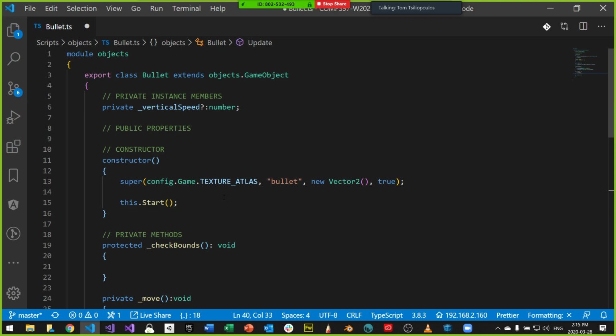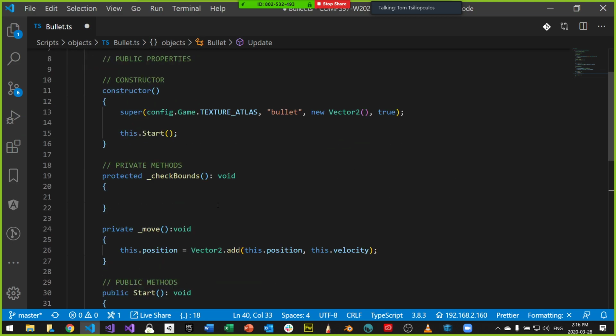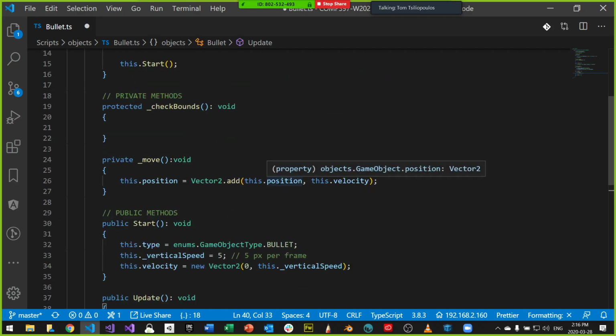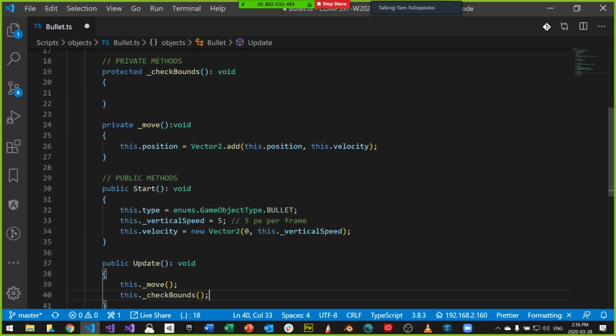Okay, so here's my texture atlas, and then there's the bullet that I want to go to. I want to start a new vector 0, 0, and it's true. That means it's centered. And then I add to my position. I take my position and add my velocity every single frame. I'm adding my velocity, and then the bullet. Initially, it's going to start off with a speed of 5, but I want to subtract 5. My velocity is going to have to be actually negative. I'm going to subtract 5 every frame. That's what this is going to do.